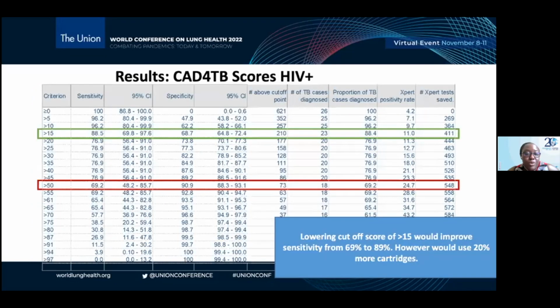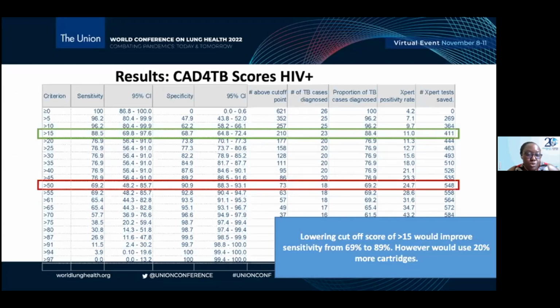So we calculated the sensitivity and specificity of different CAD4TB threshold scores, and we disaggregated this by HIV positive and HIV negative. Here we see that as a country, we are using a threshold score of 50, which among HIV positive patients at the health facility, not in the community, had a suboptimal sensitivity of about 70%,